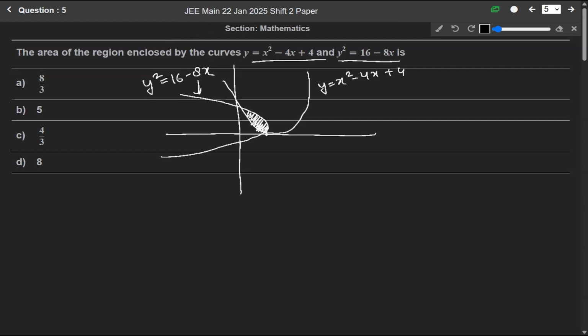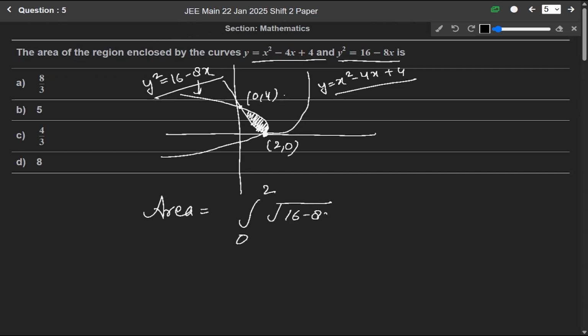If so, when we solve these two, y square equals 16 minus 8x and this, we get this point will be 2 comma 0 and this point will be 0 comma 4. So this shaded area will be integration from 0 to 2 along x-axis. So it will be under root of 16 minus 8x minus of this x square minus 4x plus 4